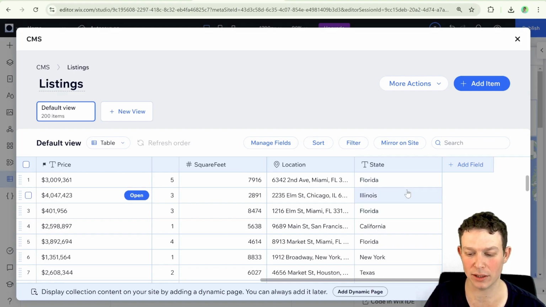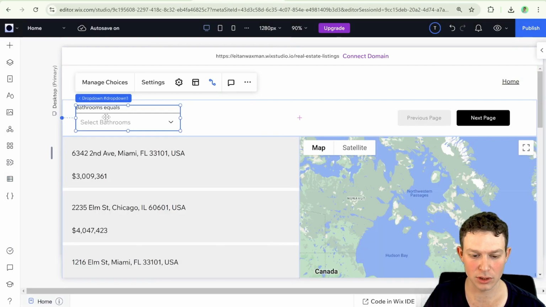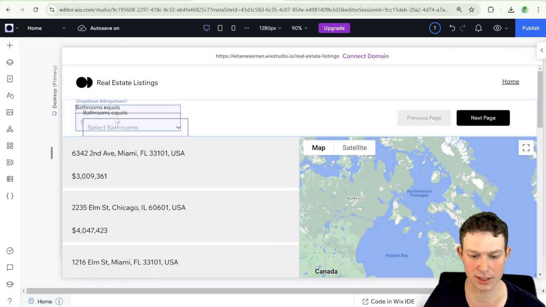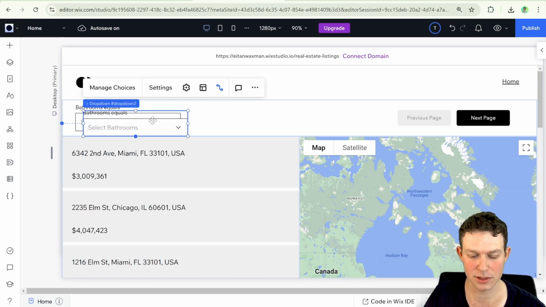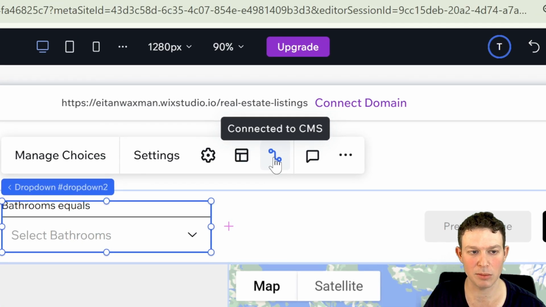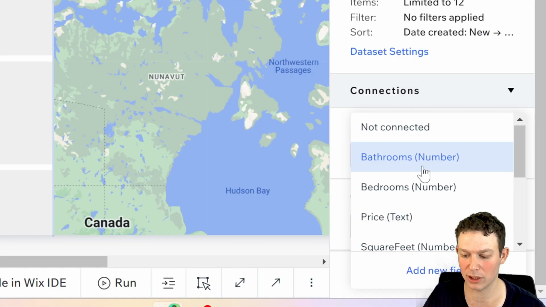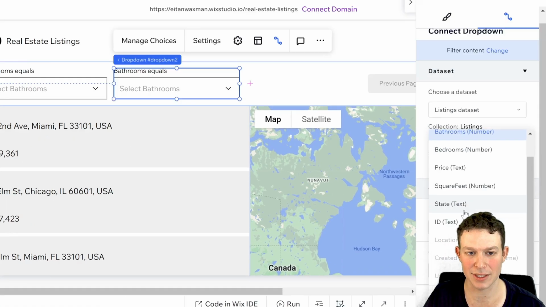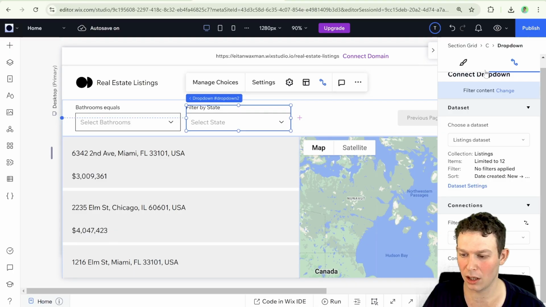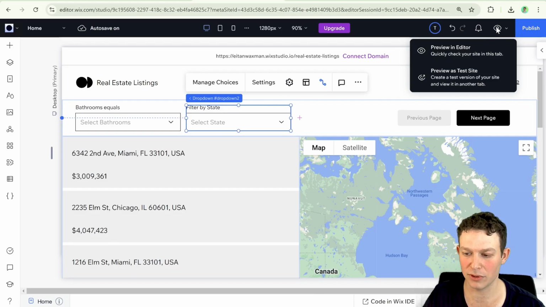And now let's see what the filter looks like if we connect it to our state. So I'm going to copy and paste this filter that we have here for the bathrooms, and let me just drag it to the side. And I'm going to change the connection up here so that instead of filtering content by bathrooms, we're going to filter the content by our state, what we have over here. Awesome. So now that it's filtered by state,